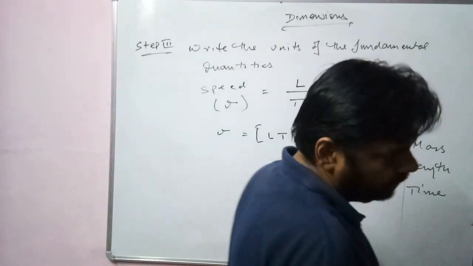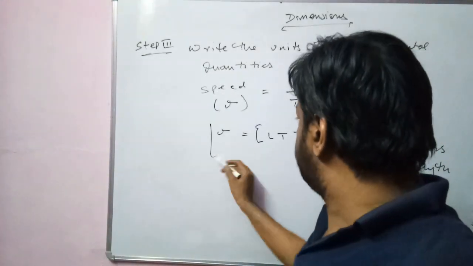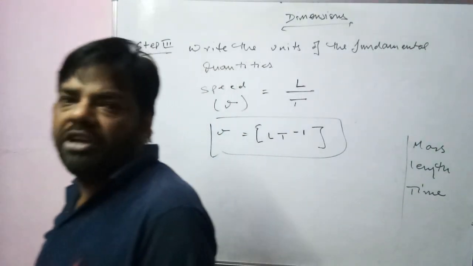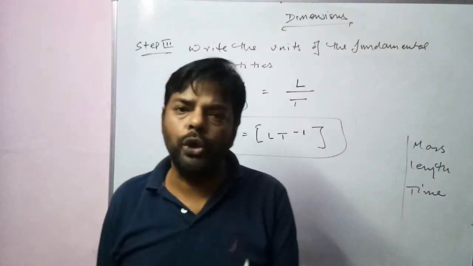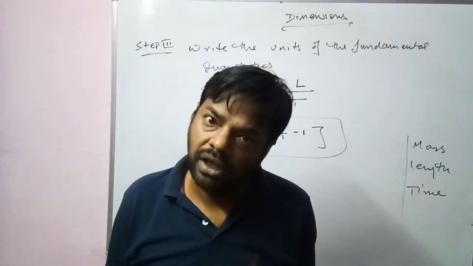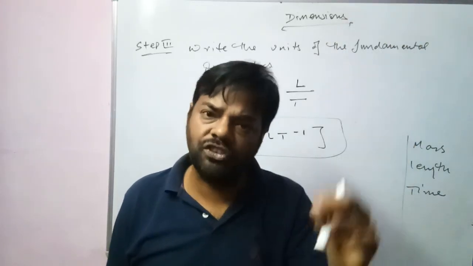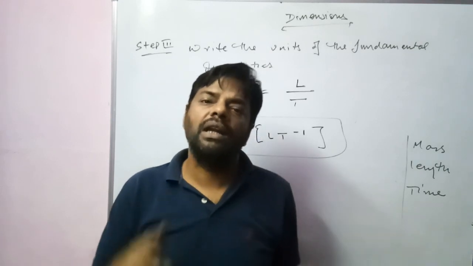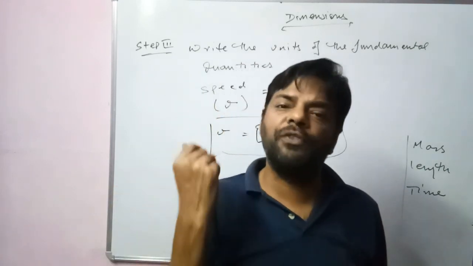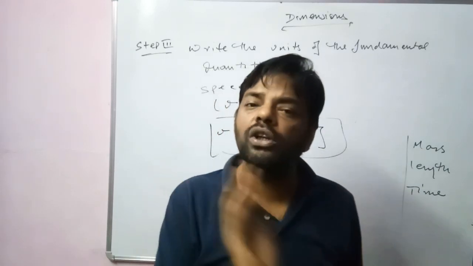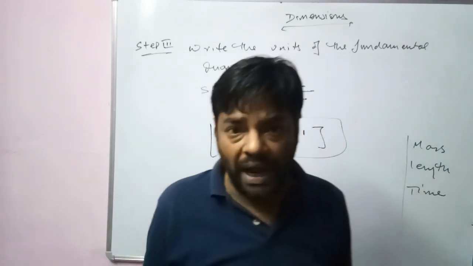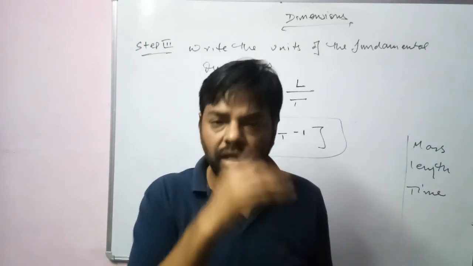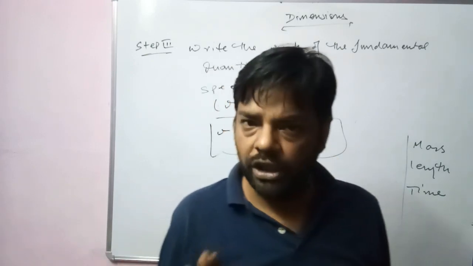Fine? Clear? Now, in this step what we have obtained is the derived unit of speed. So with this simple 3-step algorithm, we can derive the unit of any physical quantity. We can write out the derived unit of any physical quantity. I am talking about the derived quantities, that is, how to write the different derived quantities in terms of the fundamental quantities, and then how to obtain the derived unit. Got it?